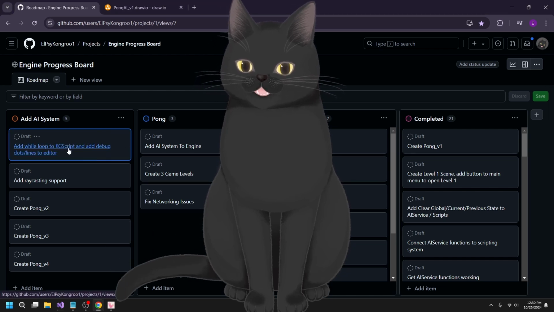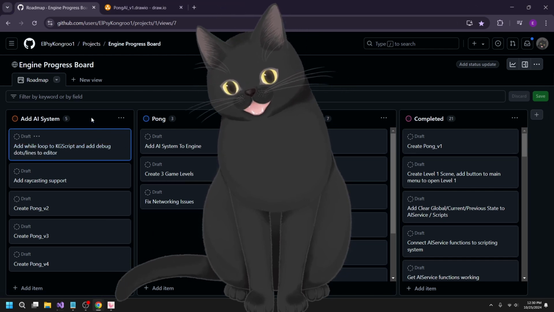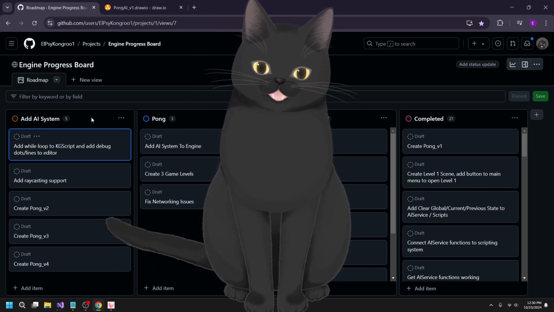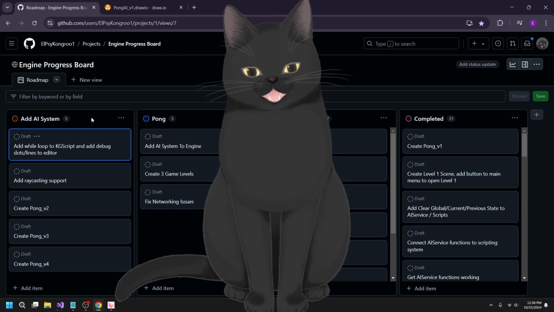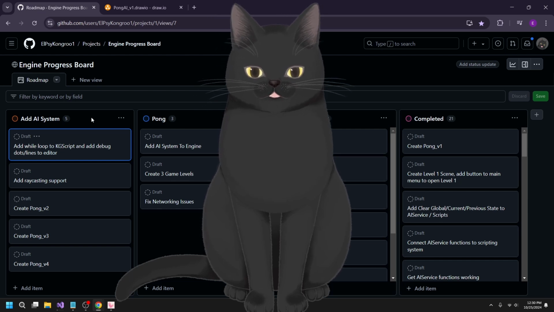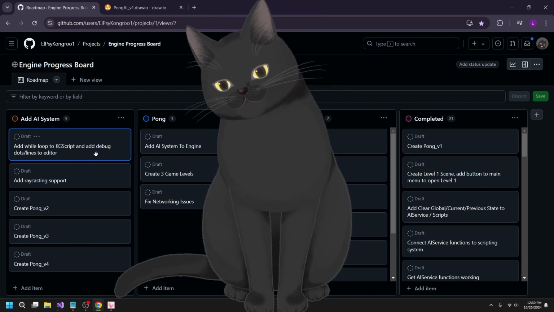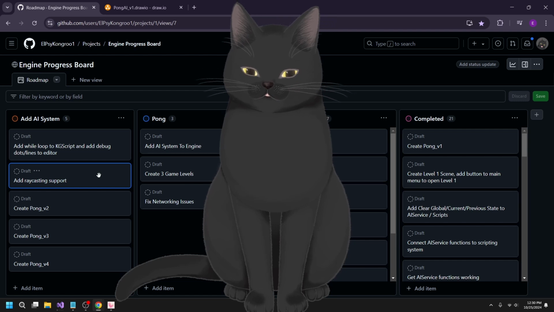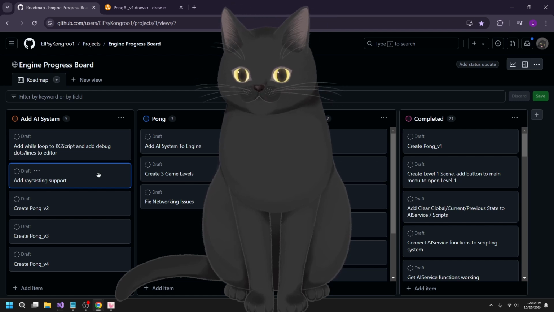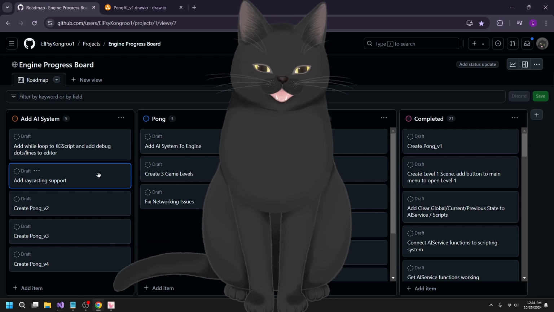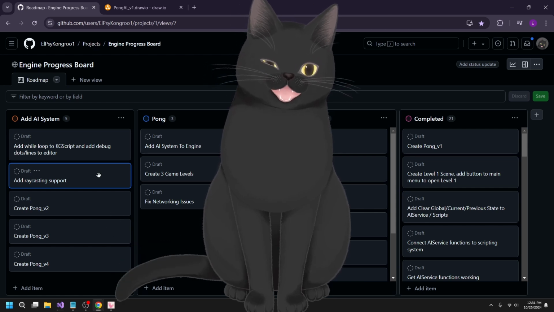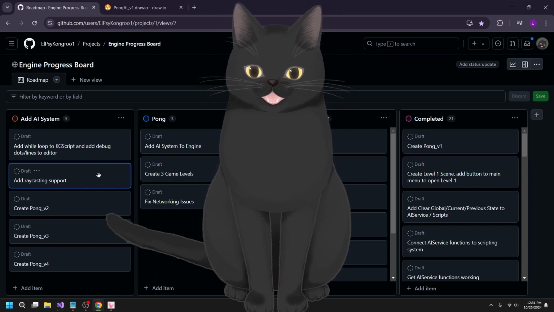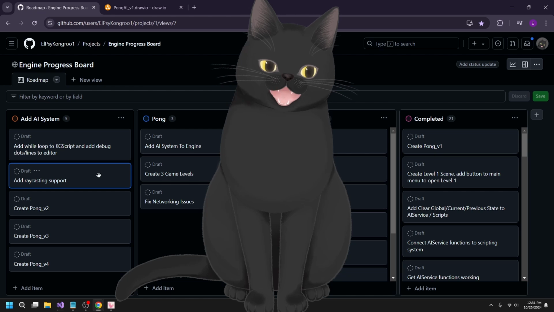But anyways, for the debug dots and lines in the editor, I made sure that I'm physically able to add the lines and dots, and I already have an idea on how I'm going to put that together, so hopefully it shouldn't take too long, but we'll see. The raycasting support is the part that probably will take the longest, just because I need to add a few different things to get this to work. But I did take a look through my underlying physics library, which is Box2D, by the way. I took a look at that, and I think I understand how to interact with it now.